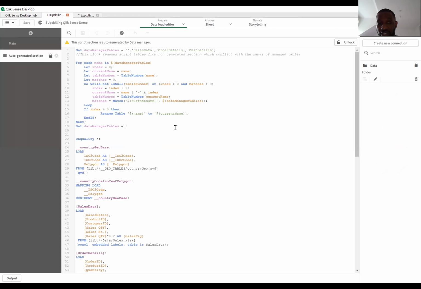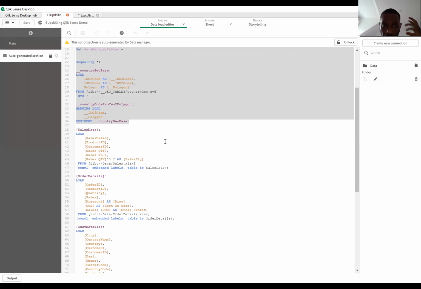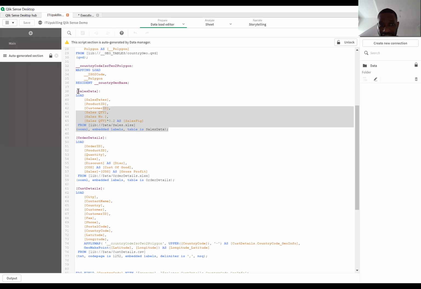I'm not going to go into details with most of these things, but these up to here are scripts that we didn't write, but was generated for us by Qlik. And these are the tables that we loaded in, the files that we were dragging and dropping. You remember when I was creating the sales fig field? So this is the action that I performed in the UI, but this is how it's been generated for us